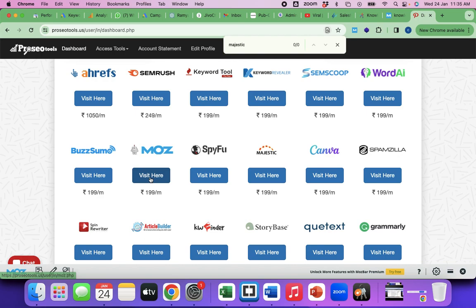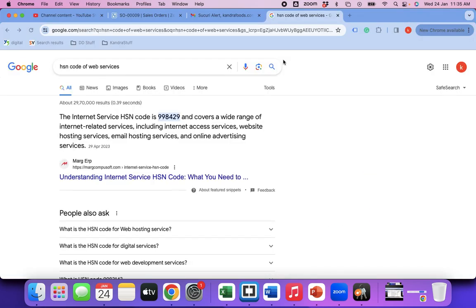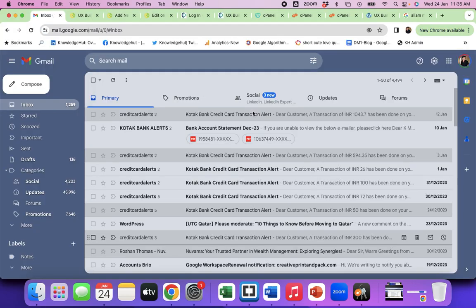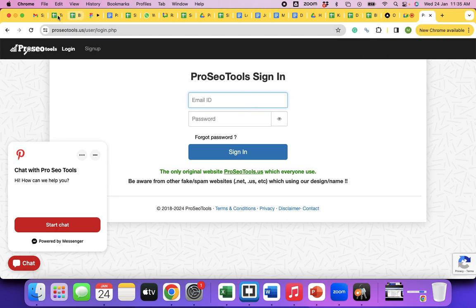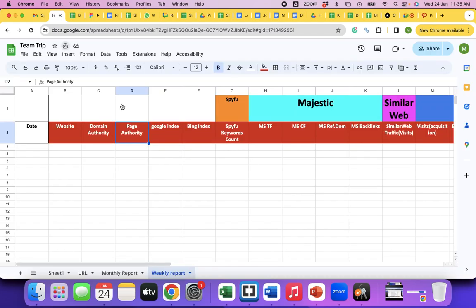See, most 199 per month, and you can download many of your competitors' website backlinks also. Okay, so anyway, we'll discuss all of these in detail in the upcoming classes. For today, we are keen to understand how we onboard a client and how we measure. Since I have seen it now, I'll put a date here. Today's date is 24/01/2024.